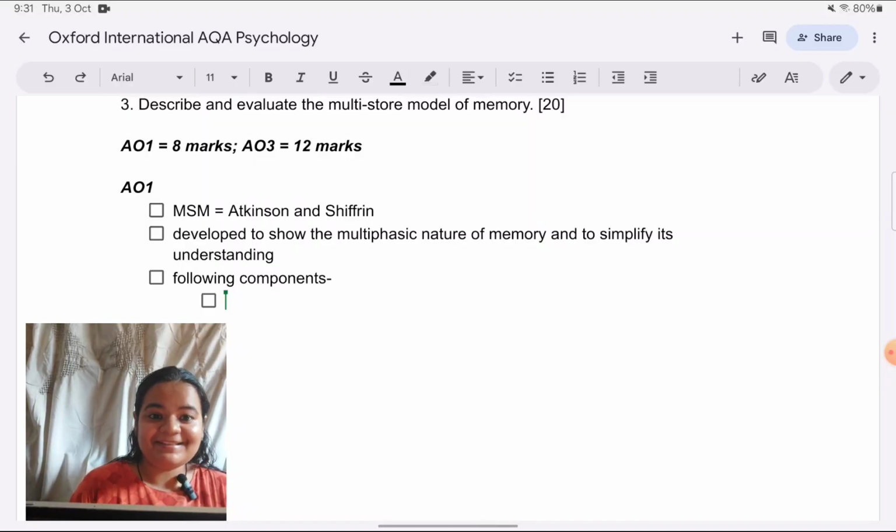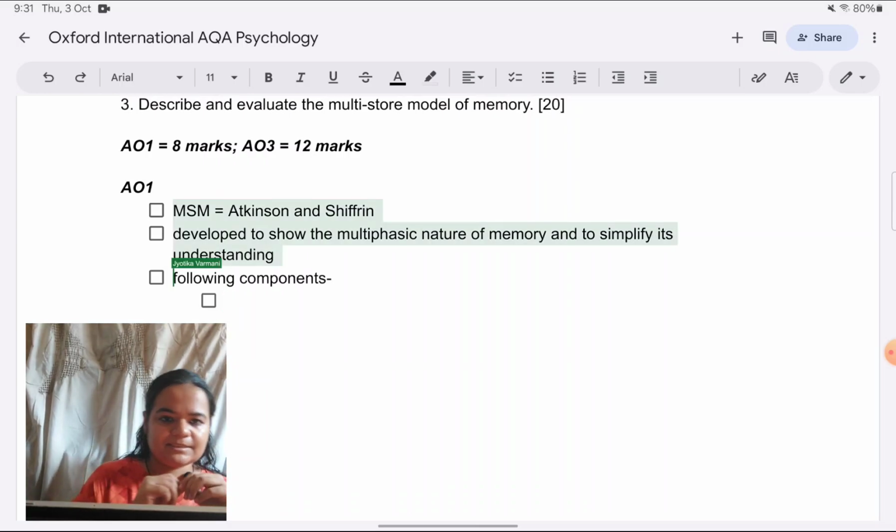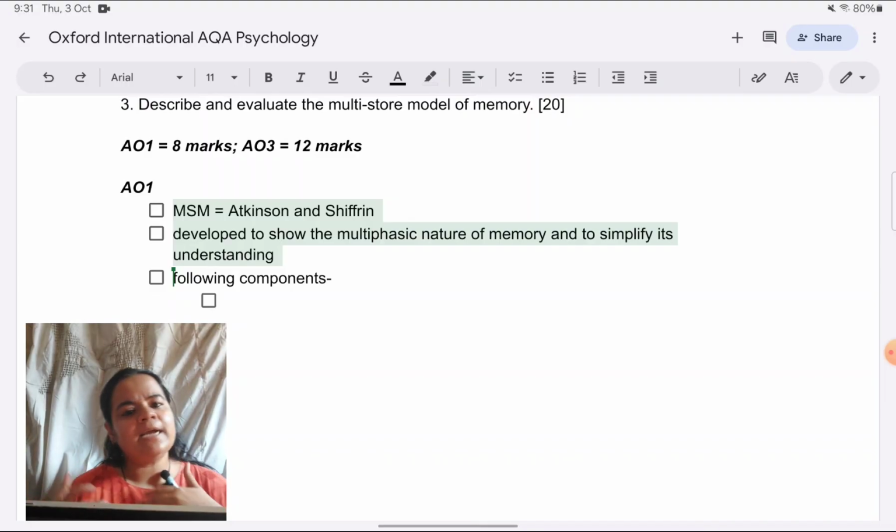The paper is quite lengthy anyways. You have to write so much in just 1.5 hours. So why waste time in writing introduction and conclusion? And within the answer only, when you write things like this, like I said, if you give a general purpose of why the model was created, it's a kind of introduction which you are giving.